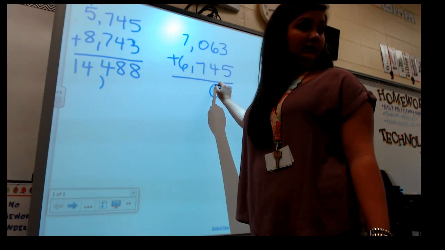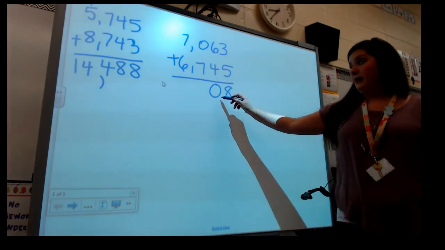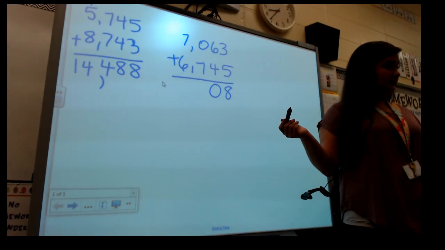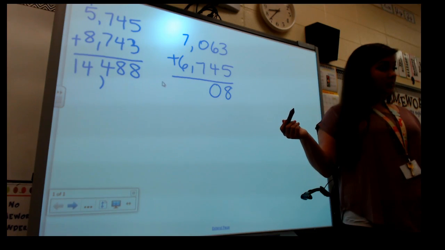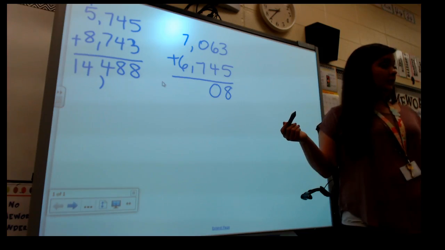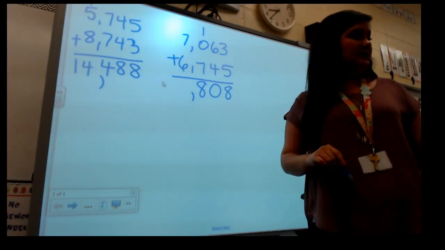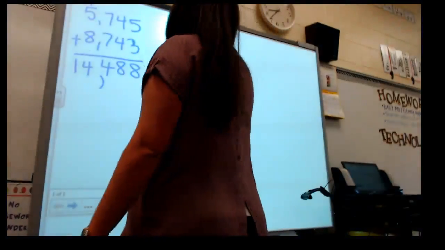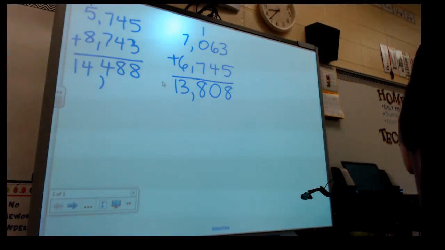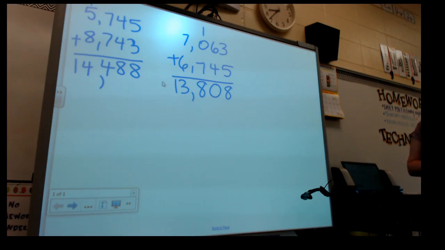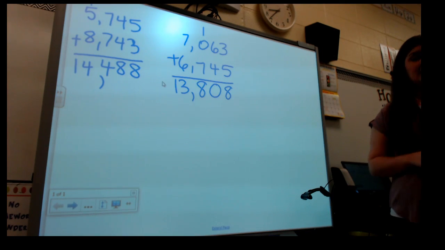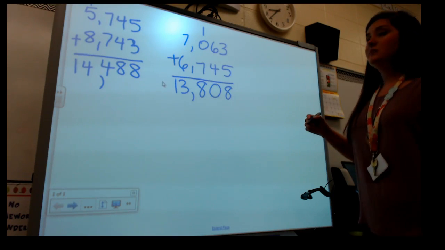what with my 1? Baby, I put my 0, but what happens to that 1 in my 10? I need to what? Do I need to just forget about the 1? Okay, where does it go? Above the what? Above the 100s. All right, so 1 plus 7 would be 8. Bring down my comma. What's 7 plus 6? 13. If I wanted to say this in a sentence, I could say the sum of 7,063 and 6,745 is 13,808. What's my next problem, Luke Massey?